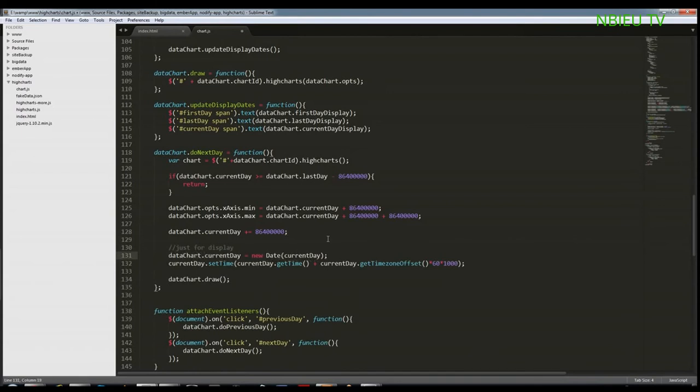Data chart dot current day display. I'm going to make a new date object with that current day here. And we're going to set the time